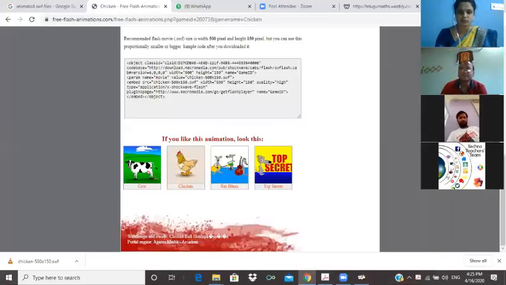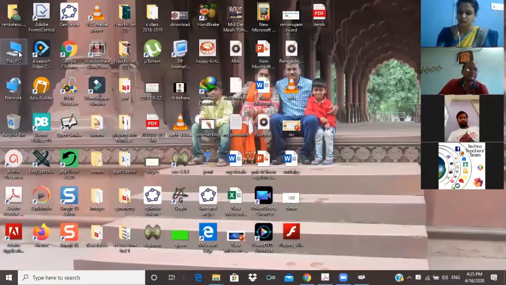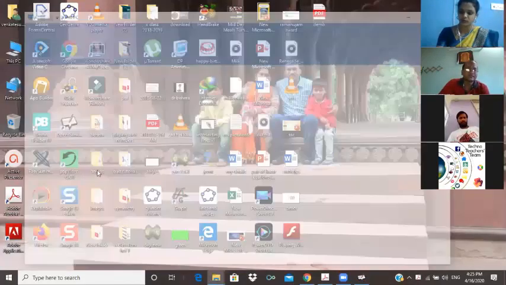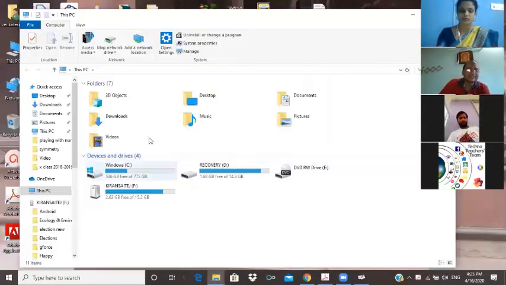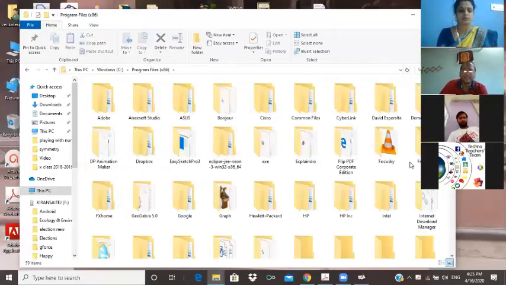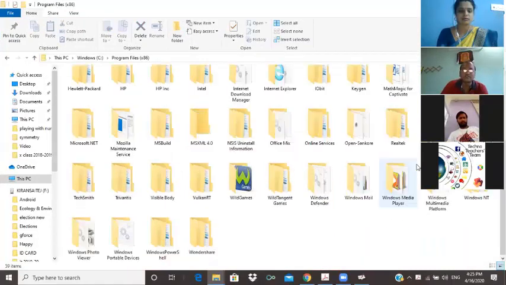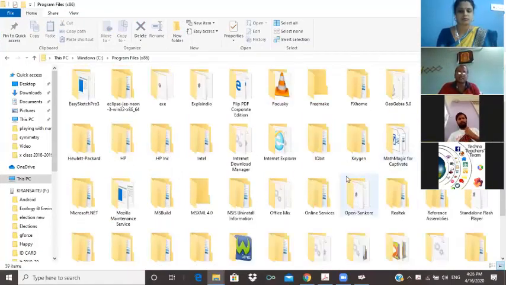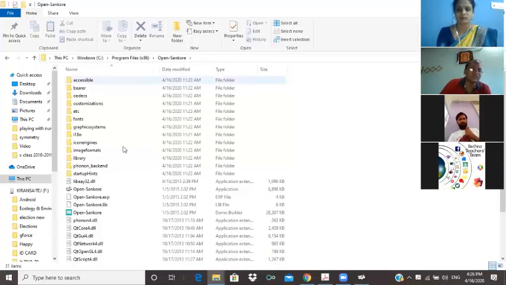Now I am going to my PC, my C drive, and Program Files. In Program Files, you can search for the Open Sankore folder. Look at this, Open Sankore. Double click. Now you can see a number of folders are there.